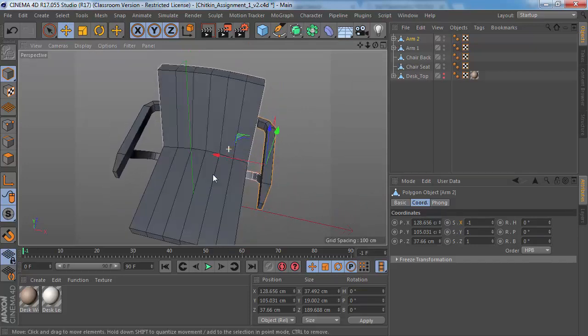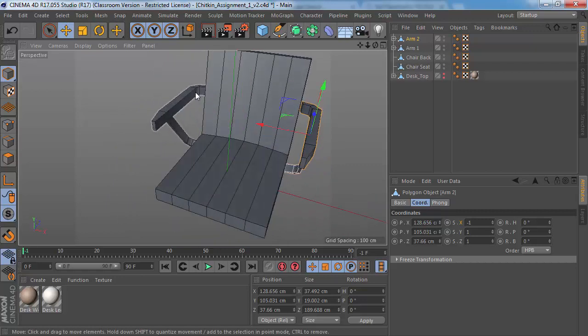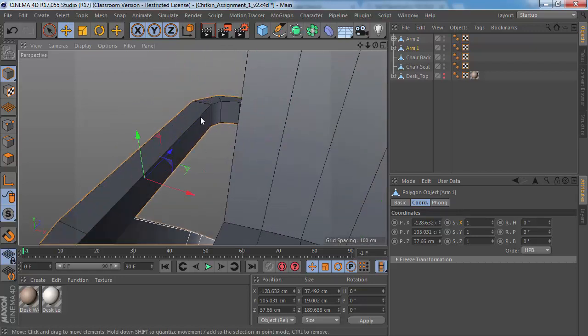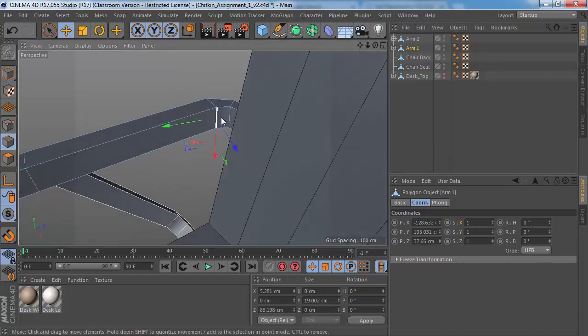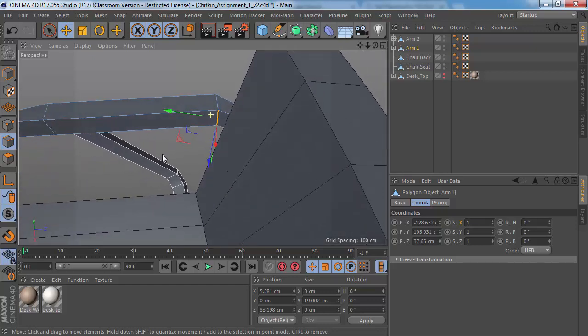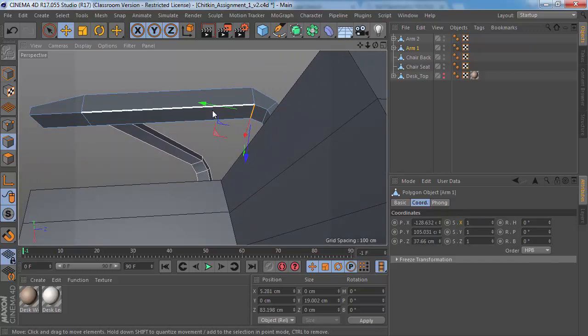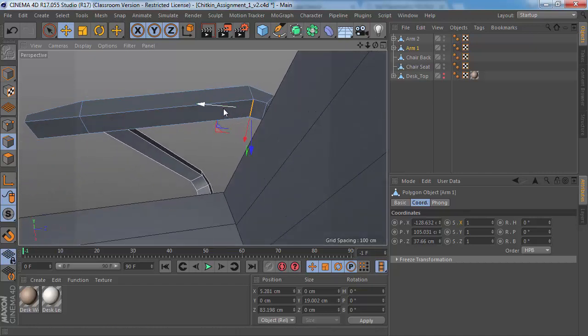So that's cool, right? But remember how I said I wasn't super happy with how this curve looks? Let's say I'm at work and my boss is like, hey, we need you to model this chair, and it takes me all day long to model this chair. Then at the end of the day I'm like, okay, cool, I finished the chair, Mr. Boss, do you like it? And he's like, no, you need to fix the curvature on that arm right now, otherwise you can't go home. And so then I